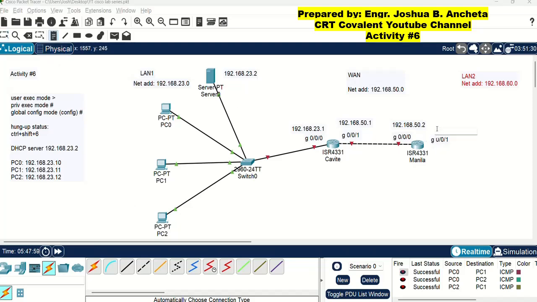We can now assign the IP address 192.168.60.1, for our future references for the next activities.